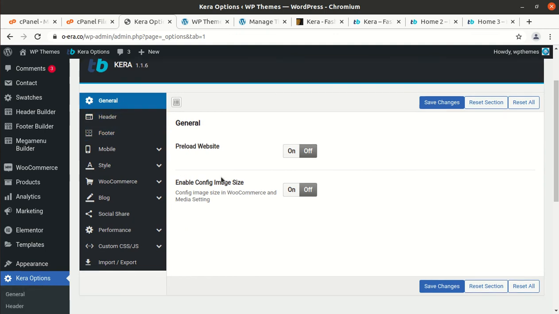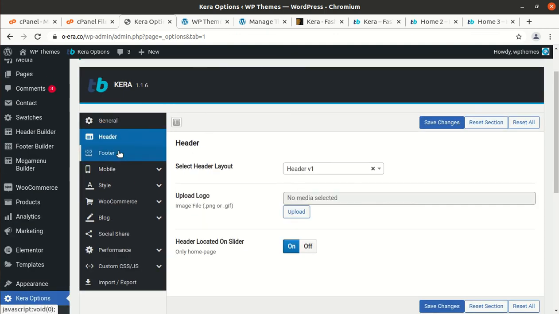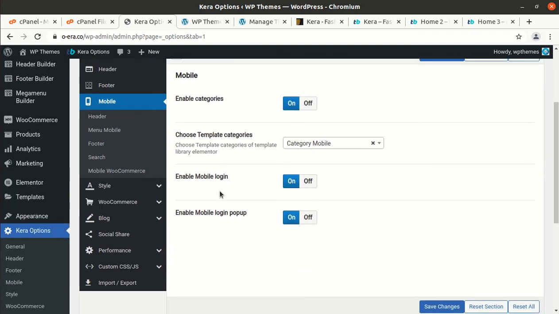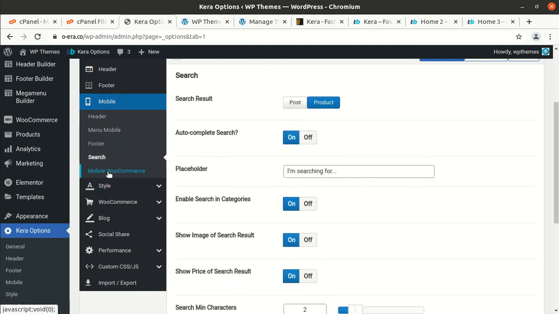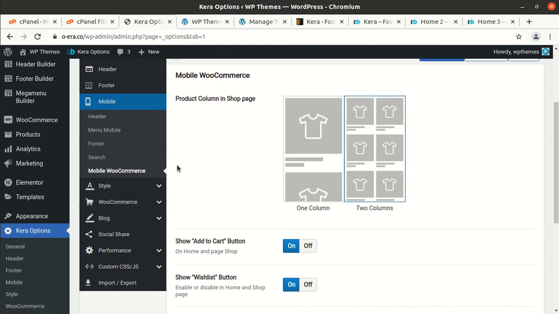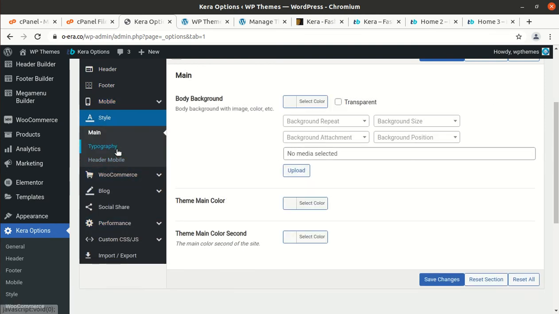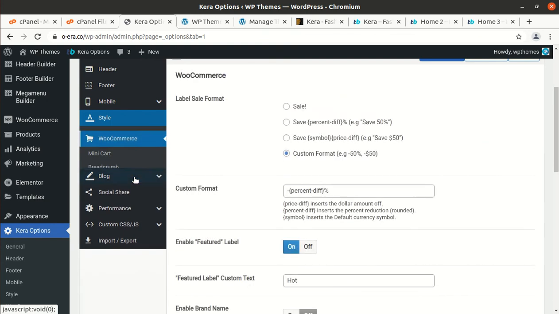So header control is here, and general options, header, footer, mobile options have been given. So something like enable mobile login and all such things. Mobile header, mobile menu, footer, search, mobile WooCommerce. So it is good that mobile has a different setup in this theme. And style editor is here, and typography, main, header, mobile, WooCommerce setup is here.